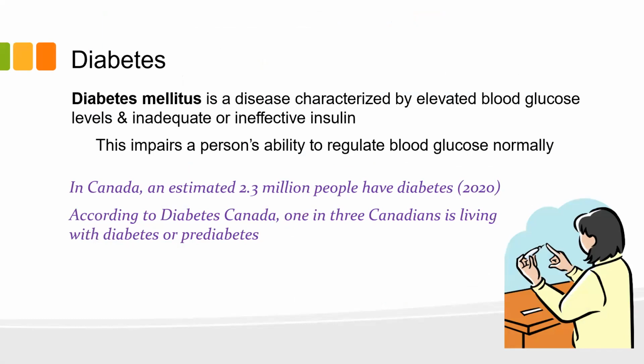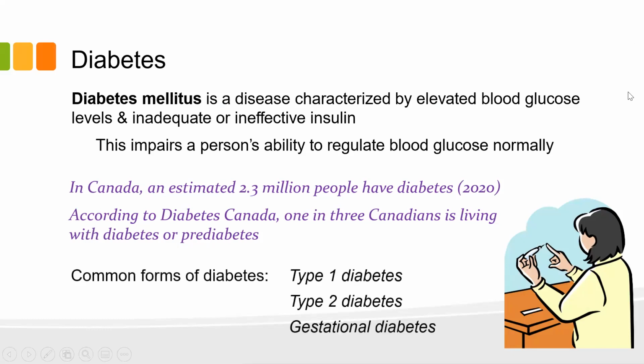The amount of diabetes in Canada and developed countries is increasing quite dramatically. I was trying to look up some numbers. Apparently, Diabetes Canada says there's about 2.3 million people with diabetes, and one in three Canadians, I just cannot believe that, apparently have diabetes and don't know it, or they have pre-diabetes. Kind of mind-blowing, although I have met a number of people that I suspect are pre-diabetic, partly due to being overweight. And we'll talk about diabetes and weight here in a moment.